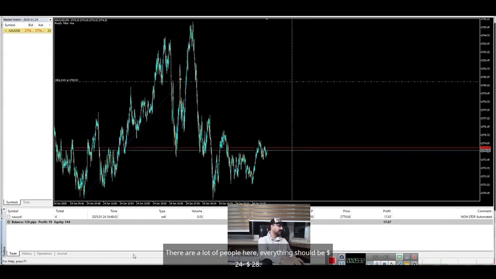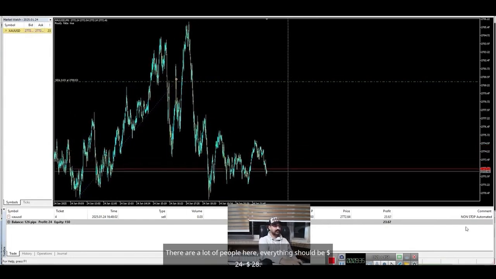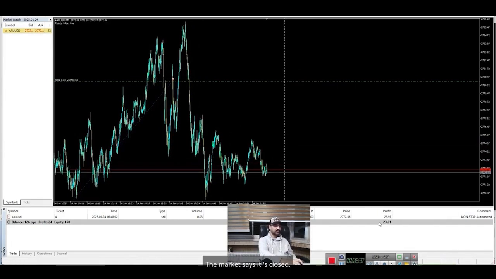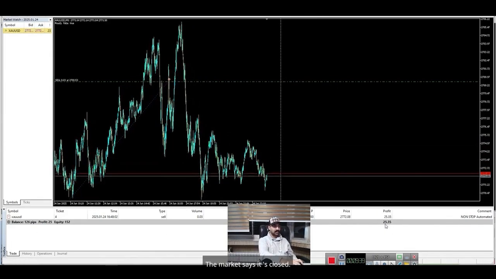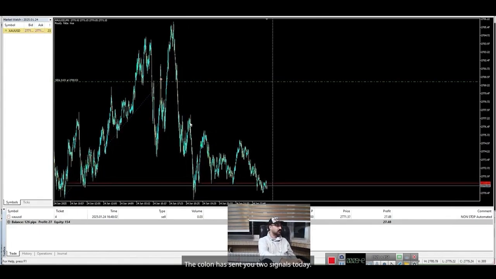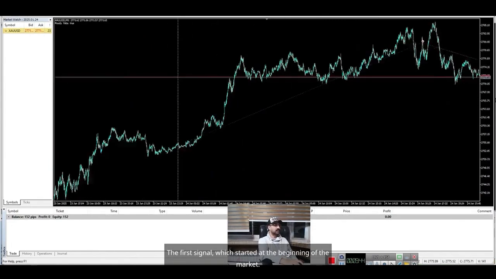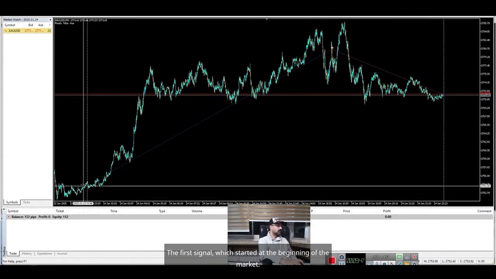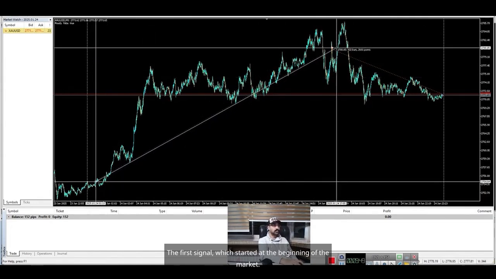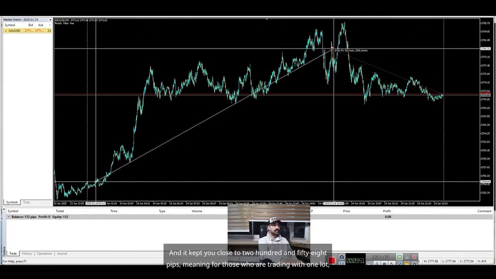There are a lot of people. Here, everything should be 24, 28. The market says it's closed. The colon has sent you 2 signals today. The first signal, which started at the beginning of the market, and it kept you close to 258 pips, meaning for those who are trading with 1 lot, close to